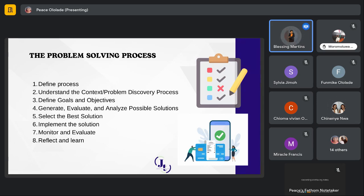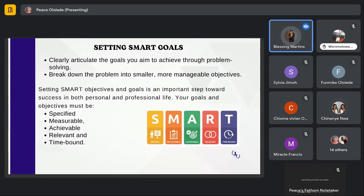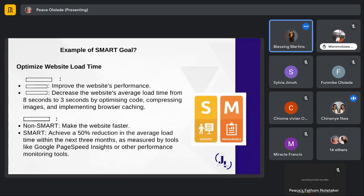So please help me with the next slide. I just want to quickly ask a question in my next slide. So we said that in my next slide, you can see, okay, the next one, please. I have a question there. Thank you. So for example, now I want to optimize, let's say I want to optimize the website of